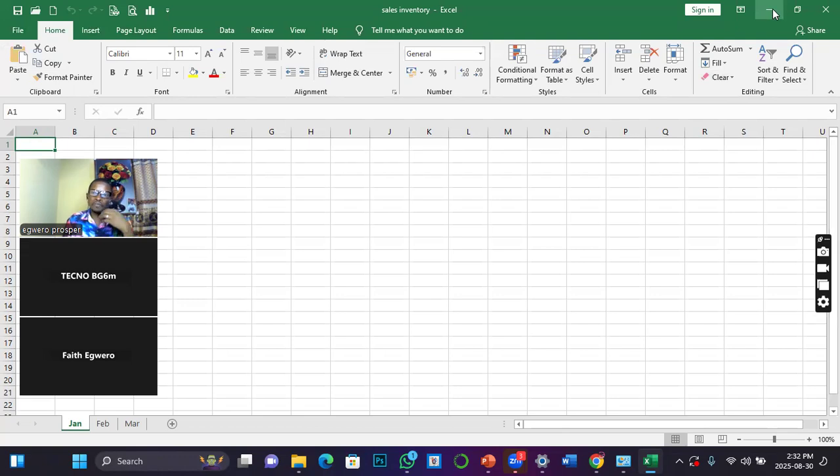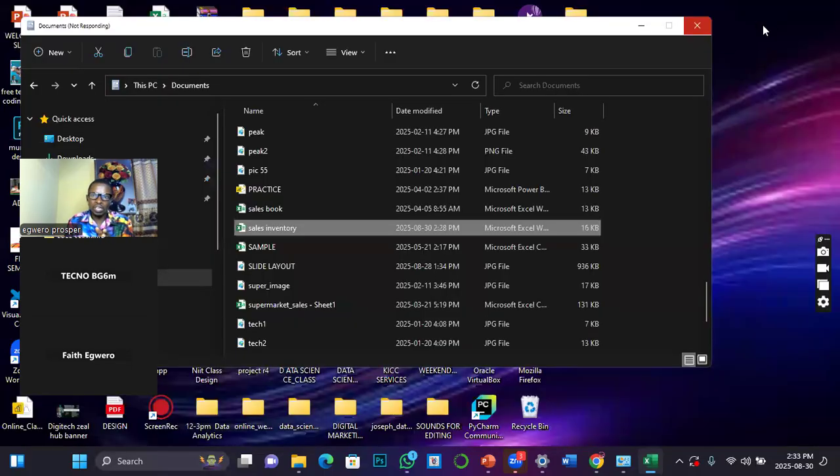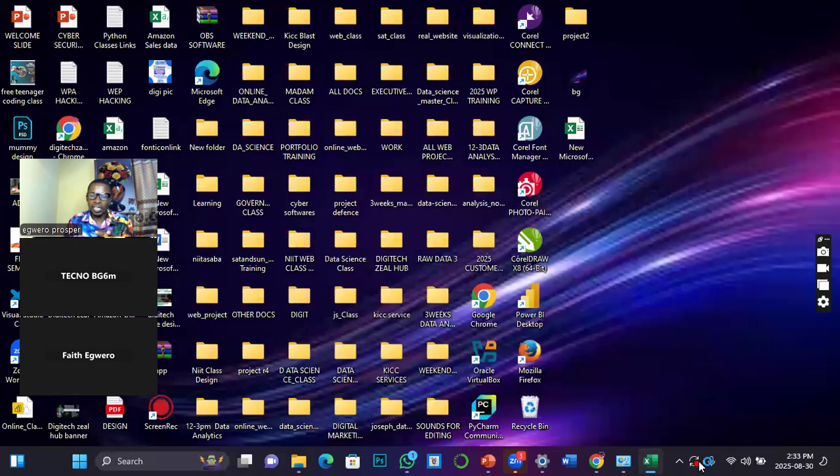Then this is for minimizing. The computer term for minimizing means to leave this environment, the window you are currently in, for the meantime. So if I click here now, it takes it off and then stores it on the taskbar.